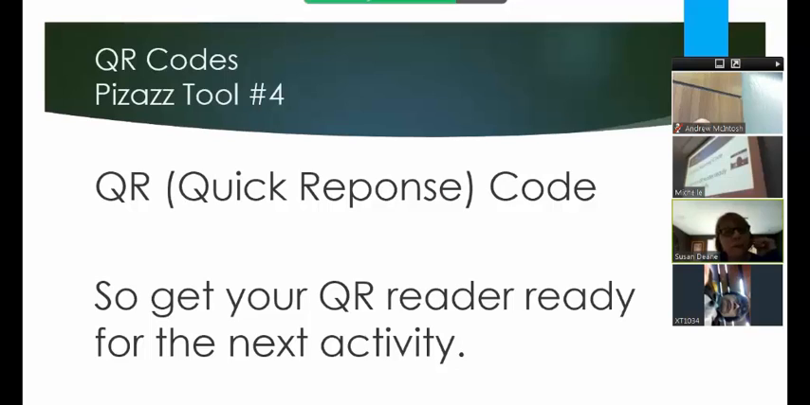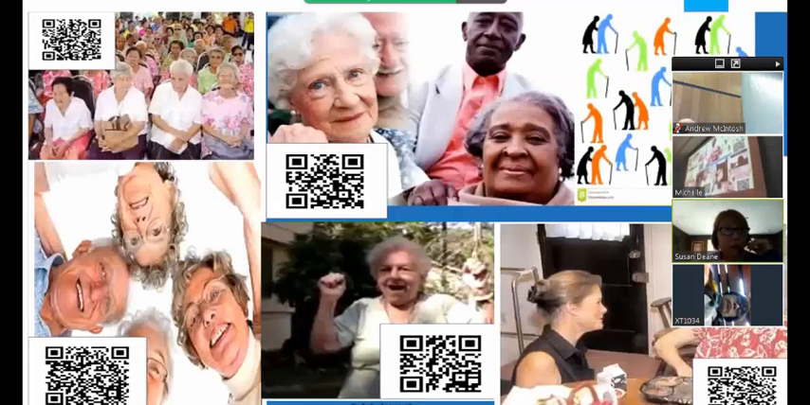Now, for my fourth Pizazz tool, it's a QR code. Before we do anything, I'd like you to take a moment to download the QR response code reader. It's an app, it's free. I think you all know what a QR response code looks like, and those are what you're seeing right now. If you take your QR reader and zone in on one of those,